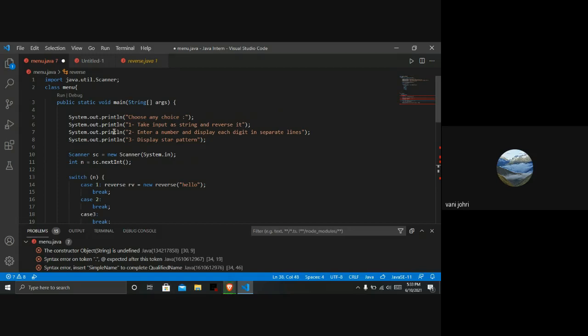So you have scanner, then class menu, and public static void main. Scanner is number and then search number.